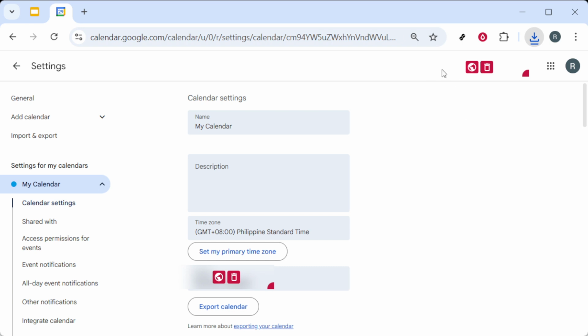Remember that the exported file is compatible with most calendar applications and can be imported to other calendar services such as Microsoft Outlook or Apple Calendar. It's an effective way to keep your schedule consistent across multiple platforms, especially if you are using different devices or applications. To recap, by following these steps, you'll swiftly export your Google Calendar, allowing you to share or back up